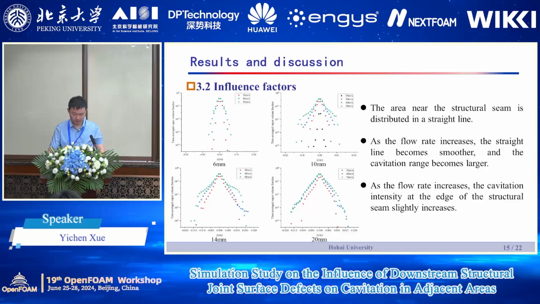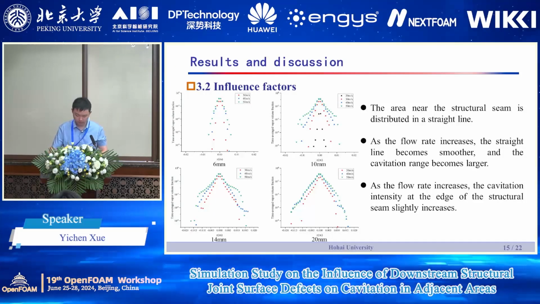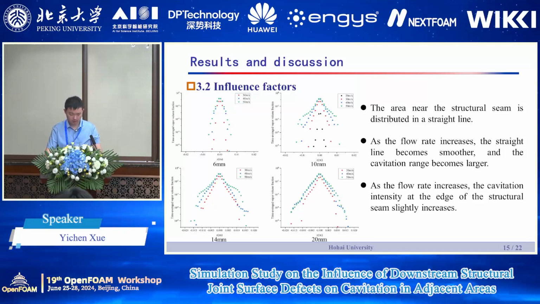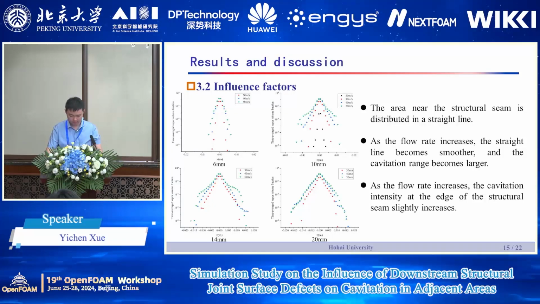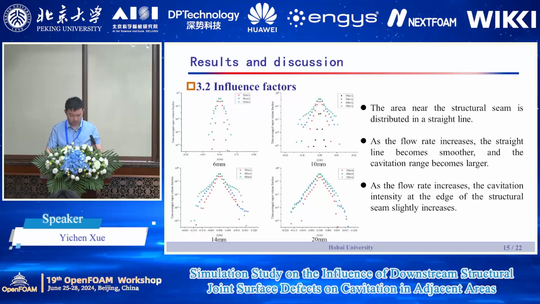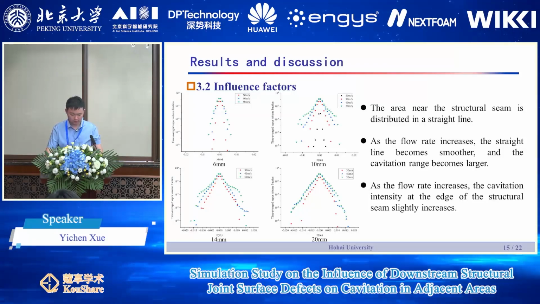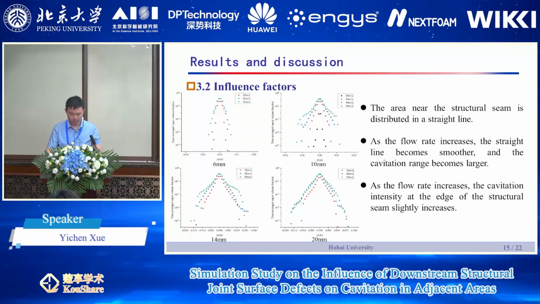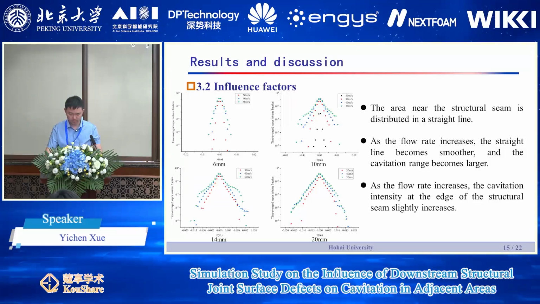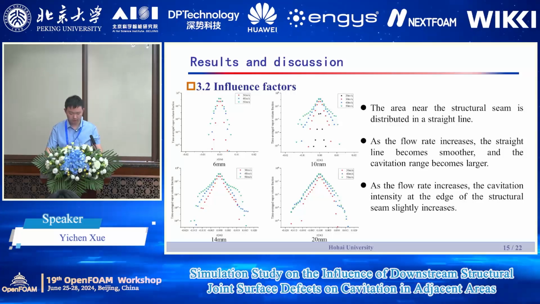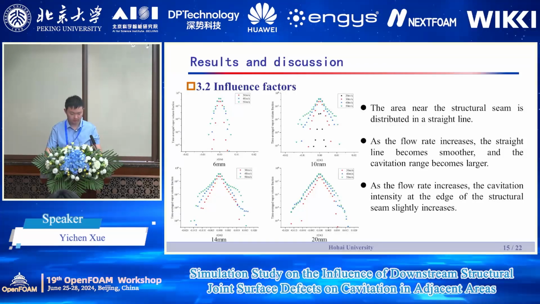If we take the logarithm of the time-averaged water vapor volume fraction to draw a graph, we get lines near the joint, and we get these four figures. We can fit it with a linear function. As the flow velocity increases, the lines become more gradual, indicating that the cavitation decays more slowly and the cavitation regions become larger. Moreover, with the increase in flow velocity, the cavitation intensity near the edges of the joint slightly increases,